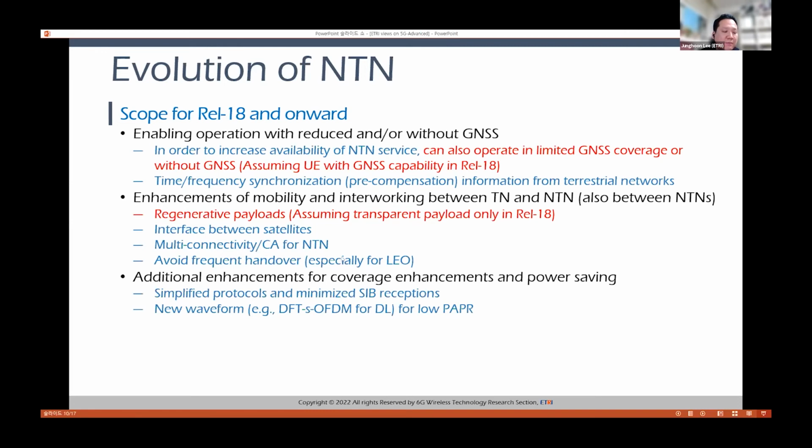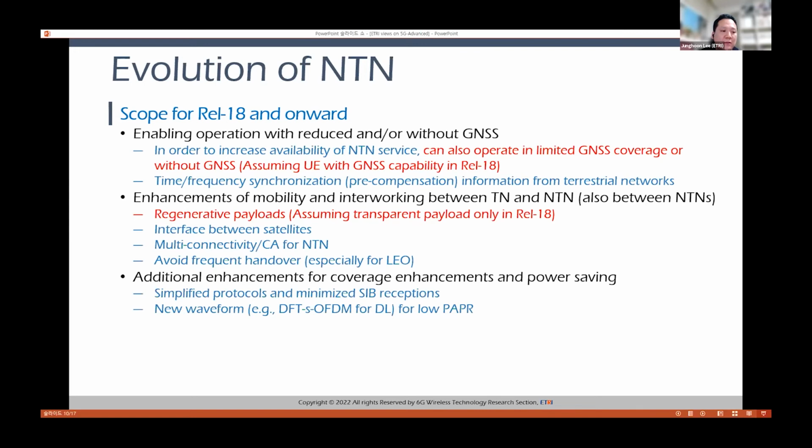The mobility aspect is included as one of the Release 18 objectives, but the details on this item will be updated later, so we will keep pursuing to reflect our proposal on this aspect. We also need to study additional enhancement for coverage and power saving, for example, simplified protocol and minimized SIB reception, and the study of a new waveform.